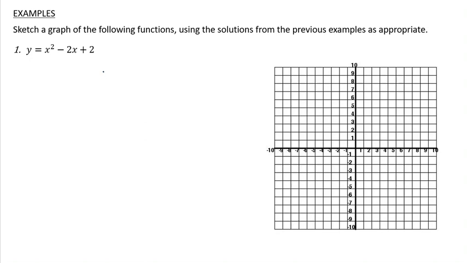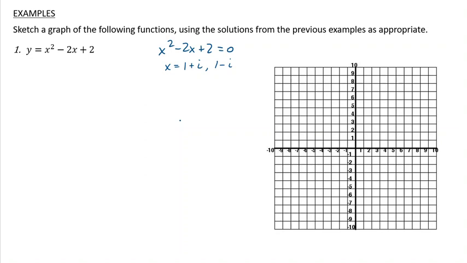Here we're going to go ahead and sketch a graph of this function using the solutions that we found previously when we solved the equation x squared minus 2x plus 2 equals 0 using the quadratic formula. And so when we did that, we got x equals 1 plus or minus i, or 1 plus i and 1 minus i. And so those are non-real numbers,